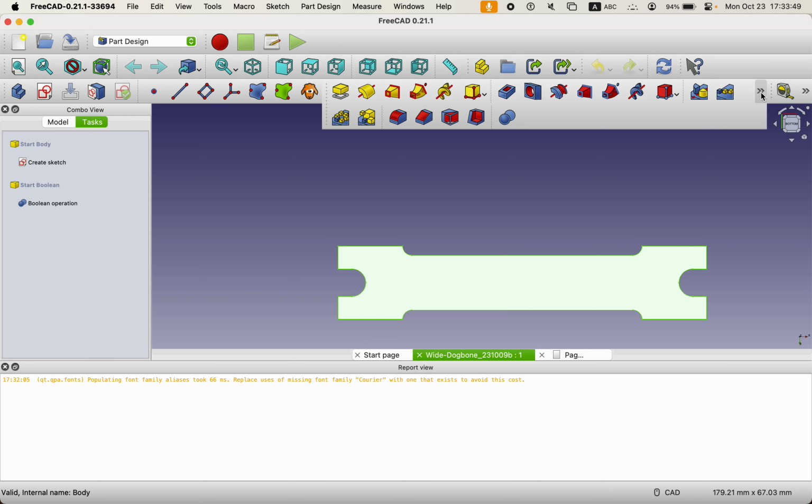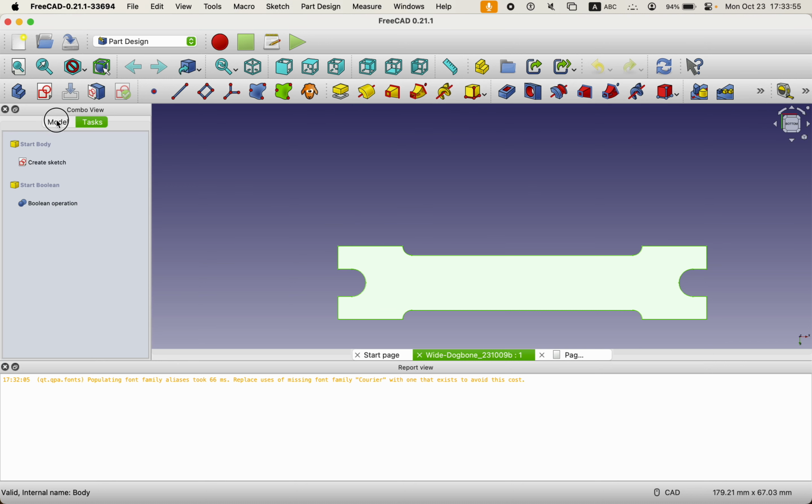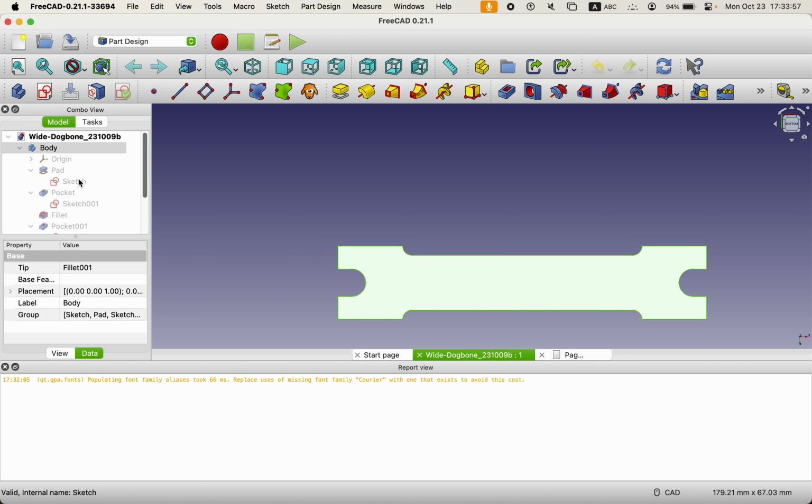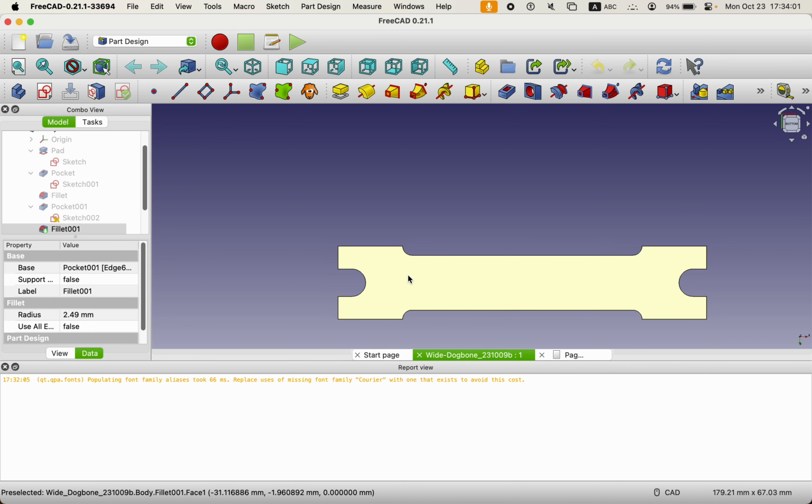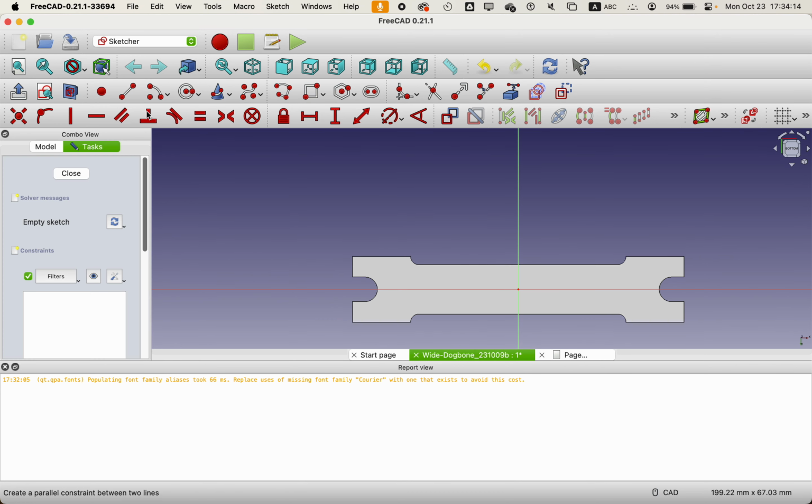Just to do the first part of the tutorial that's already up, what you're going to do now is go to model, and again click on body. Just make sure that you're on body, and then we're going to click on the face over here, okay? And it should bring you down to the bottom fillet 001, okay? That's a good place to be in. Then we're going to go up to the create sketch, click on that,